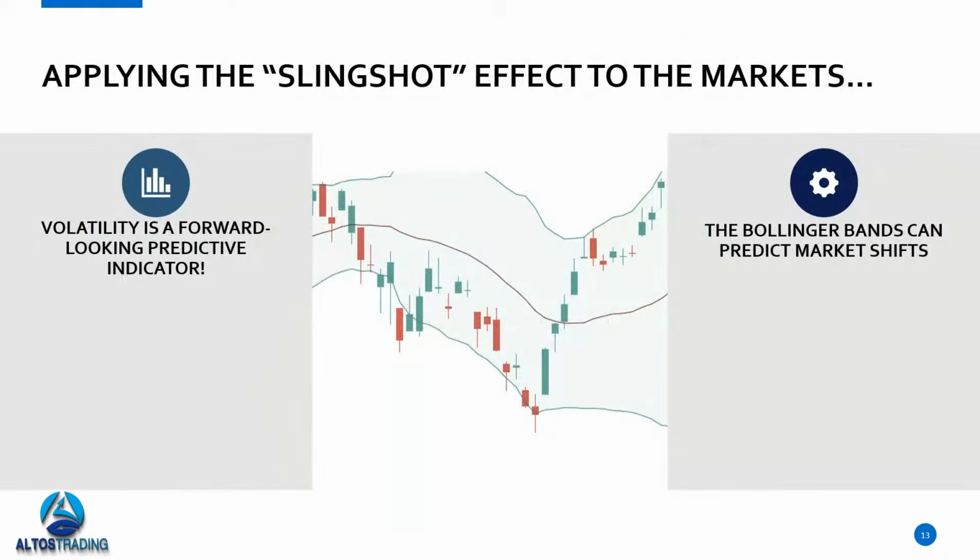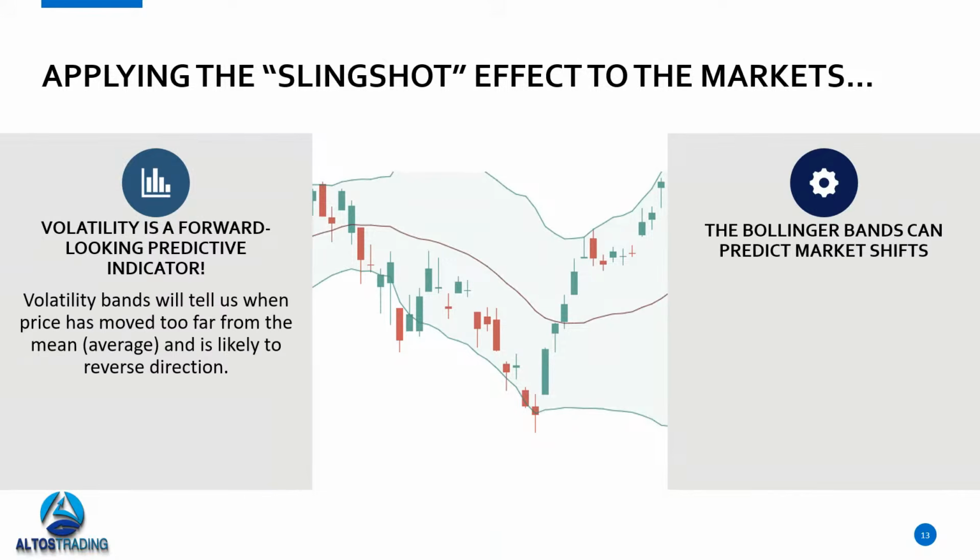So how are we going to accomplish this? We're going to use volatility, and there are different types of volatility. So mainly there's historical volatility and implied volatility. As the name suggests, historical volatility is what's happened in the past. Well, that can be good to know, but it's not going to really help us make trading decisions. That's where you get lagging information. That's what most indicators are based on, what happened in the past. We want to look at what's likely to happen in the future. So we're concerned with implied volatility, which is a forward-looking predictive indicator.